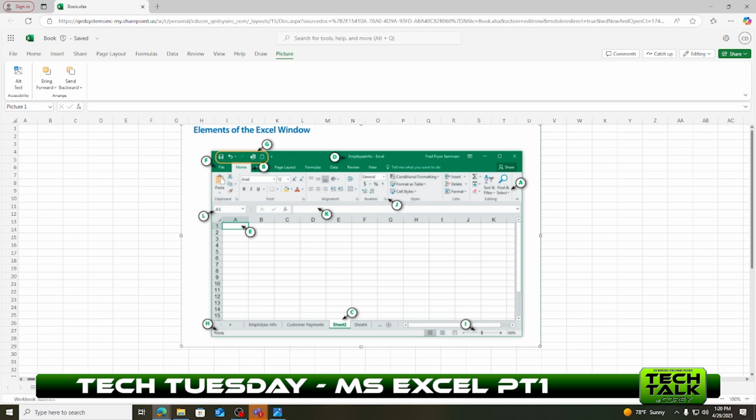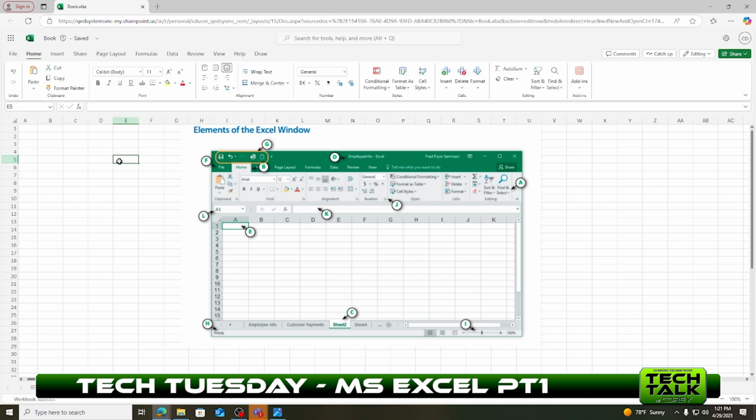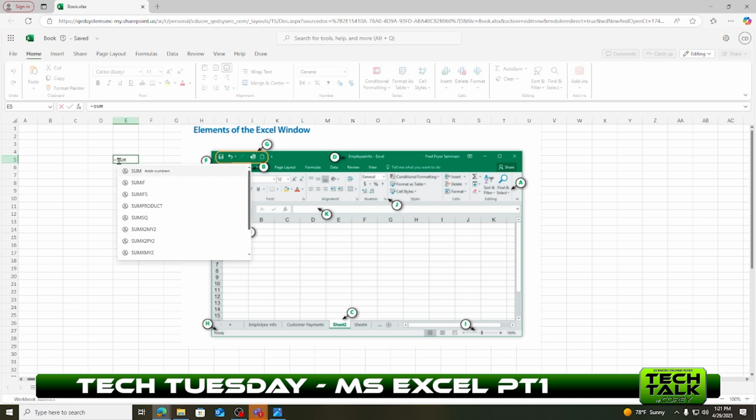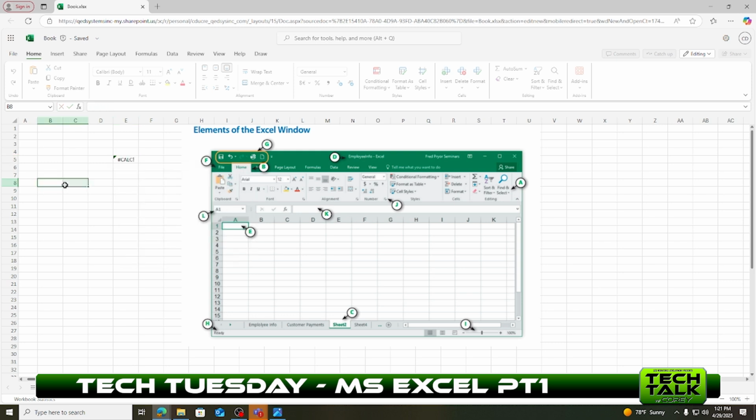So what we're going to go to now is the formula bar. And the formula bar is this little area right here. That's where when you type into Excel, say you're going to start your formula here, it's going to be displayed here, and you can see what your formula looks like. It's going to show you the value of the current cell. So if you have some sort of information inside of a cell already, let's say you have